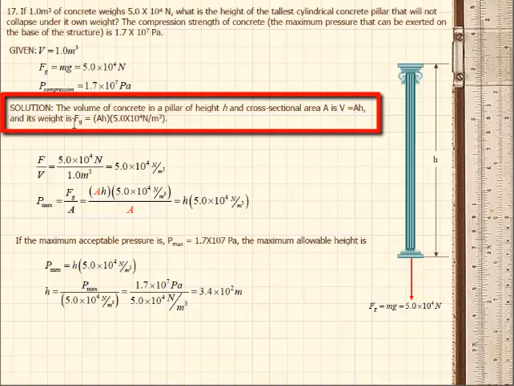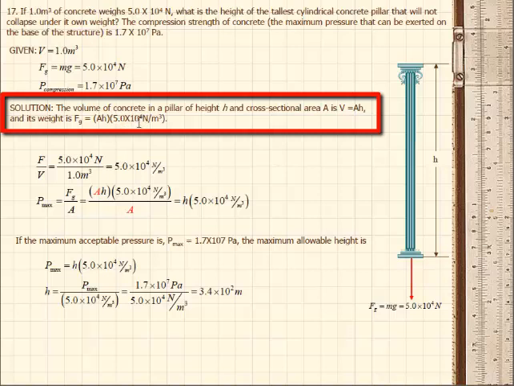Then we can find its weight, we can use the weight to solve for the height in this case. So we have the weight of the pillar is equal to the cross-sectional area times the height times the